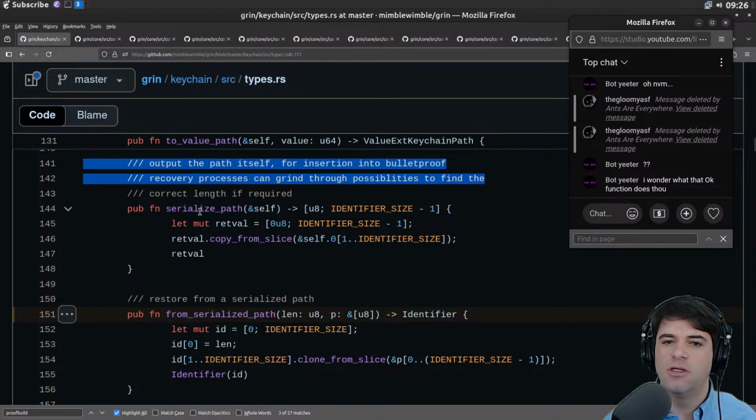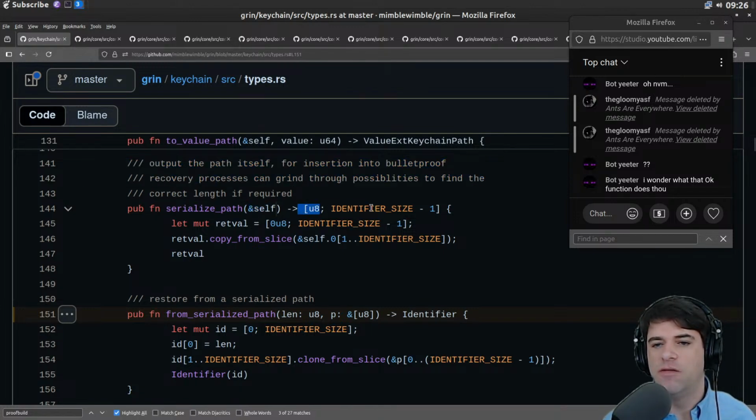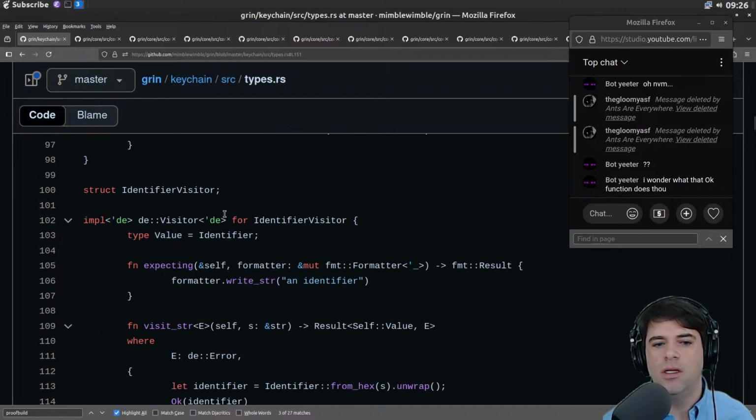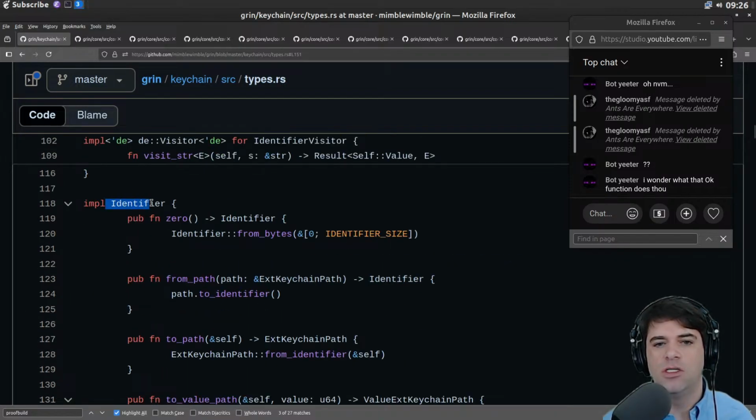Okay, so to serialize a path, we've got whatever self is, and we're going to return some stuff, some vector of some size. And the return value, we're going to take the size minus 1 and 0 as an unsigned 8. And then we're going to just do copy from slice. So what in the world?